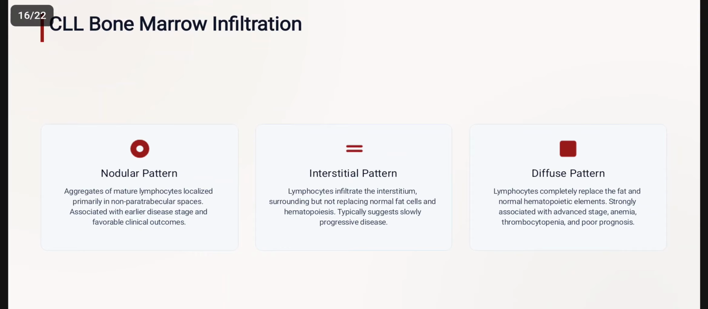CLL bone marrow infiltration has a nodular pattern, an interstitial pattern and a diffuse pattern. In the nodular pattern, there are aggregates of mature lymphocytes localized primarily in the paratrabecular spaces, associated with early disease stages and favorable clinical outcomes. Interstitial pattern: lymphocytes infiltrate the interstitium surrounding but not replacing normal fat cells and hematopoiesis, typically suggesting slowly progressive disease. Diffuse pattern: lymphocytes completely replace the fat and normal hematopoietic elements, strongly associated with advanced stage, anemia, thrombocytopenia,